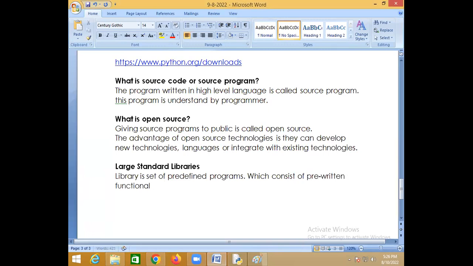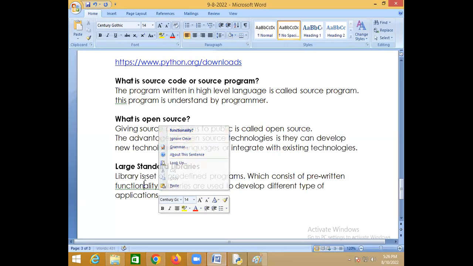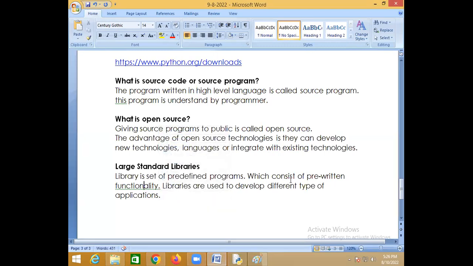Libraries are used for developing different types of applications, which consist of pre-written functionality.